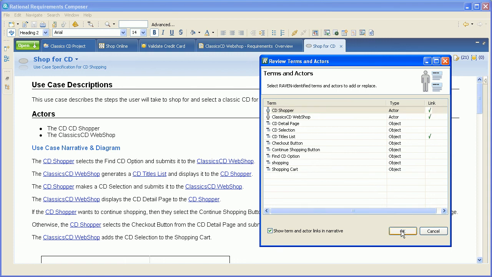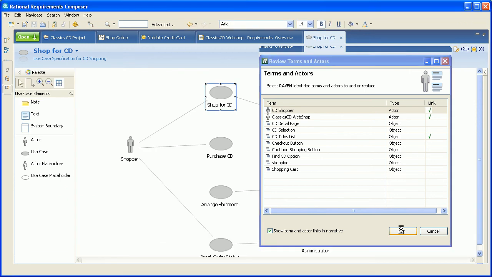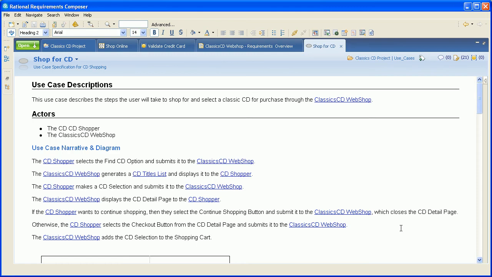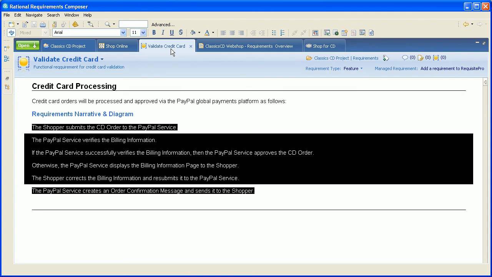Finally, to complete the demo, what I'll do is I'll exit here and go into a specific or an individual requirement, the validate credit card requirement here, and use the final function available with Raven Visual Analyzer, which is the ability to instantly visualize or preview an activity diagram before inserting it back into the editor. So here I'll select the narrative, I'll click on the preview activity diagram function,